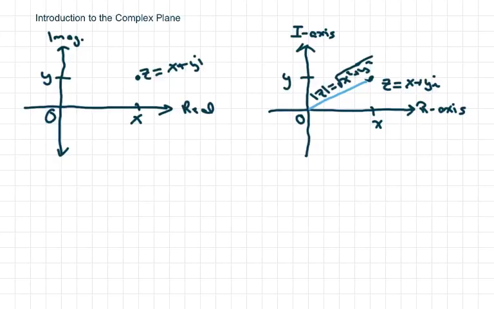Hey everyone, we're going to just do an introduction to the complex plane. Basically, you have an x and y axis. The x-axis is called the real axis, and the y-axis is called the imaginary axis. A complex number can be written in the form of, we're just going to call it z here, equals x